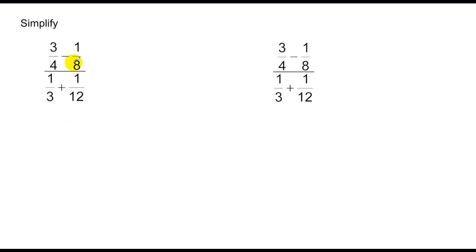So let's go ahead. Common denominator is 8. So what I've really got is I have to multiply by 2 and 2 here, thus giving me 6/8 minus 1/8. Over, the common denominator is 12, so 4 and 4. Notice in each of these cases I'm multiplying these numbers by 1, so I'm not changing the value of the fraction at all. So I have 4/12 and 1/12, combine like terms, and I have 5/8